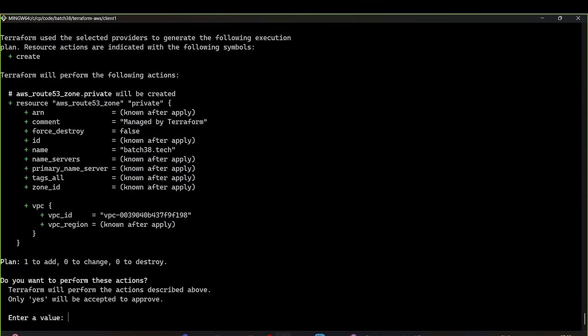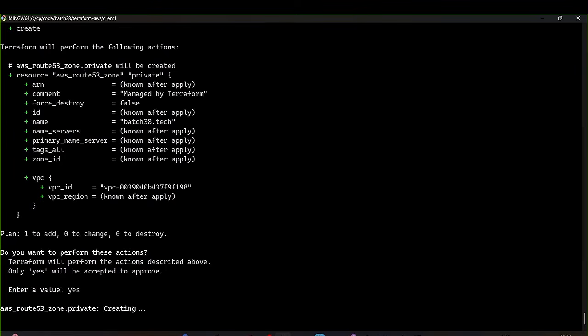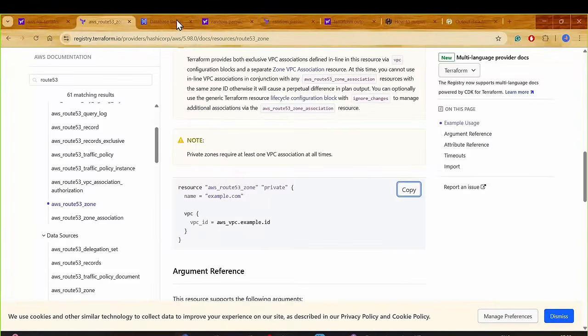It's creating a new Route 53 hosted zone, and this is what we are going to do, which is excellent. I don't have to do much. This is still creating. It should be creating, right? Now, if you want to double check,